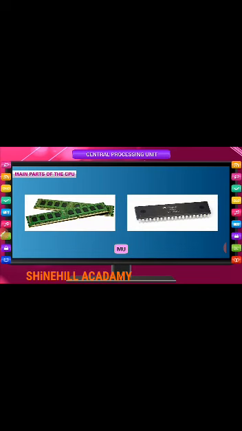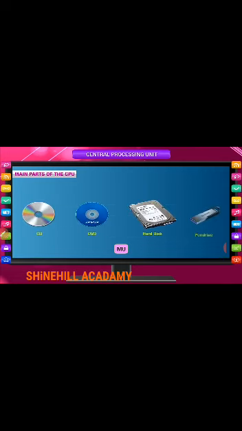MU. The memory unit stores the information temporarily for making calculations. This temporary storage is made up of registers. A register is like a piece of paper for rough calculation work. If you want to store information permanently, send the output to storage devices like CD, DVD, hard disk, pen drive, etc.